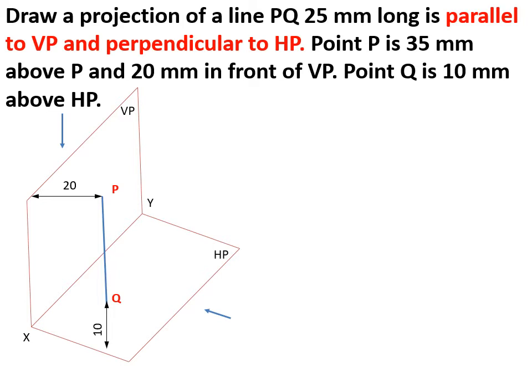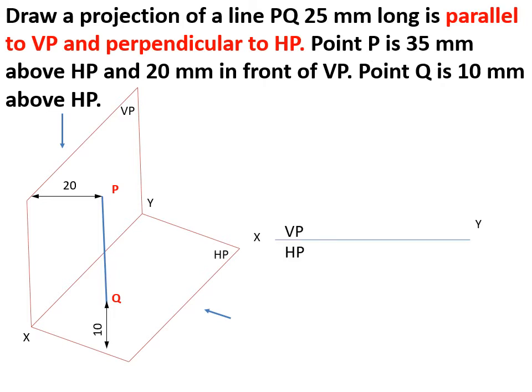Now the condition is clearly satisfied. We will proceed to the answers, starting with the front view. In the front view you can see the line is 10 mm above HP. The end point Q is 10 mm above HP, so you draw a projector for 10 mm. Then you extend the line for 25 mm, which is the projection of the line in the front view,